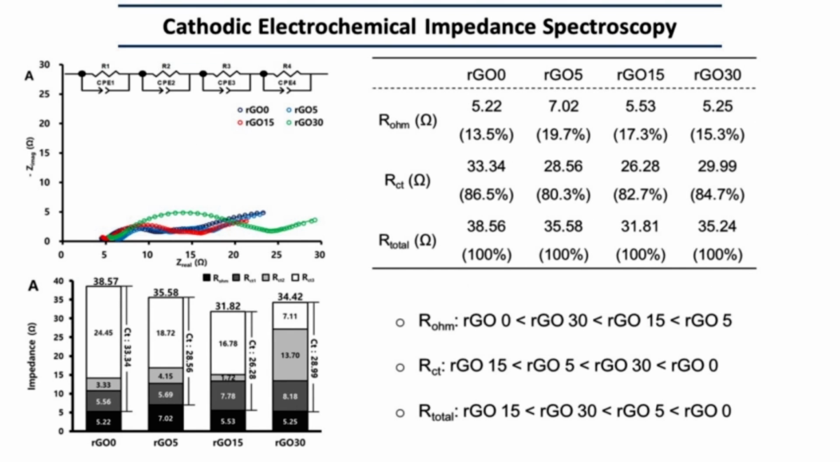Therefore, the addition of RgO promotes the oxygen reduction reaction of the cathode. Ohmic impedance and charge transfer impedance were investigated through cathodic electrochemical impedance spectroscopy. The ohmic impedance at all cathodes was 5 to 7 ohms, and there was no significant difference. The charge transfer impedance of RgO15 was the lowest at 26.3 ohms, and the charge transfer impedance of the RgO-added cathodes was low. Therefore, the addition of RgO accelerates charge transfer of the cathode,